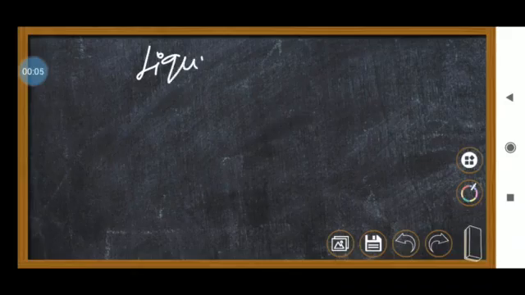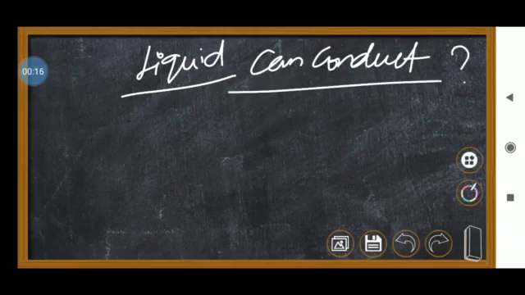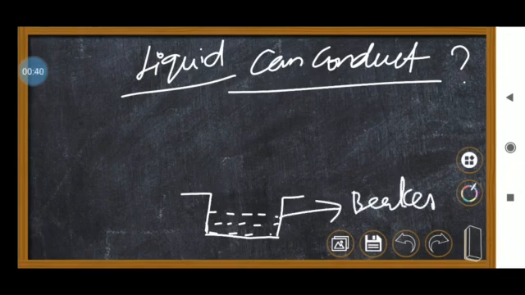Okay, so to see whether a liquid can conduct electricity, what activity are we going to do? Just say it: can a liquid conduct electricity or not? First, you have to take one small cap or small beaker. In that beaker pour some lemon juice. You need to take some other solutions also, we will come to that. So this is the beaker, and into it I will take lemon juice,